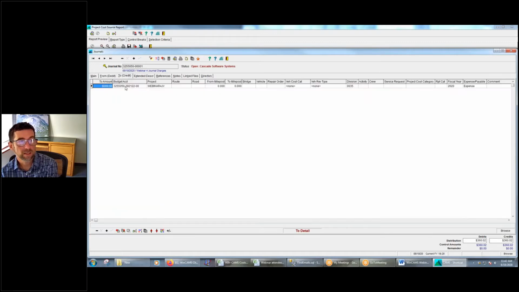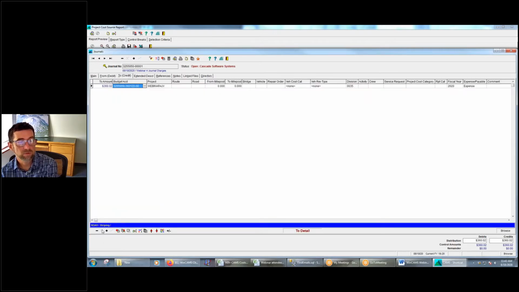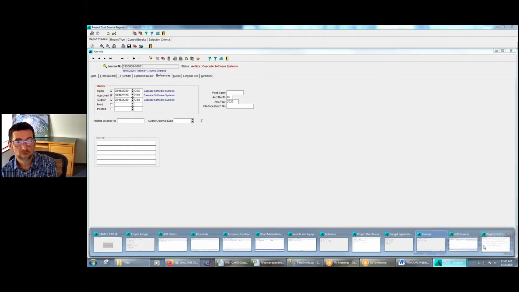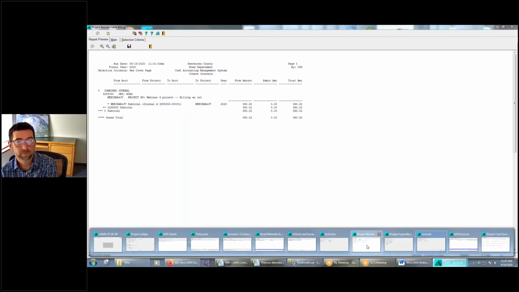And the to side is bringing the money back to road striping, which is a dumb, nonsense one that I chose. But you'll notice that on the to side, it does have the project. Okay, and so that revenue should go to that project. So now if I approve it, and maybe they print their form or whatever,